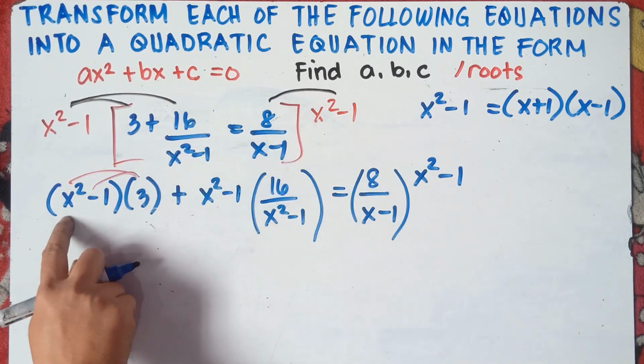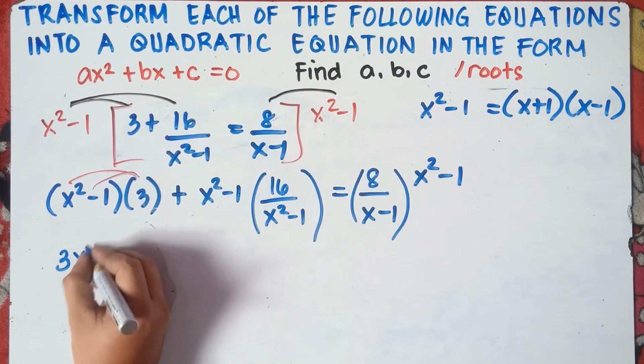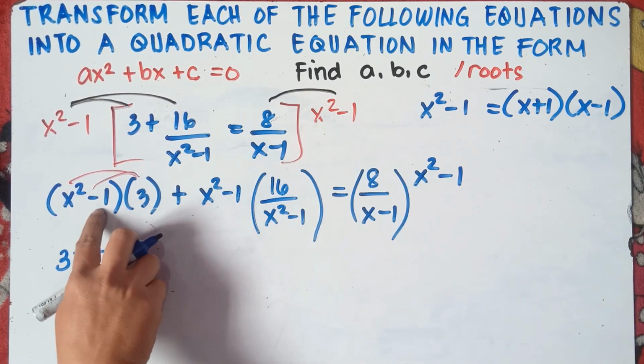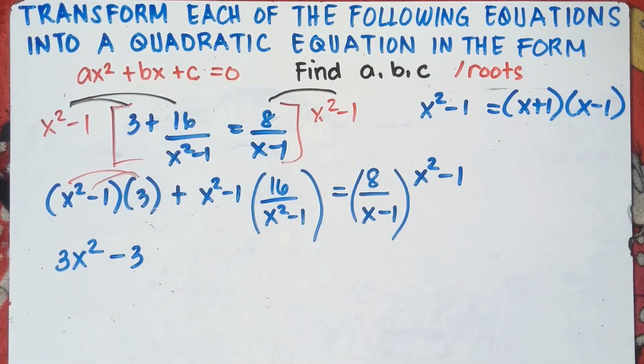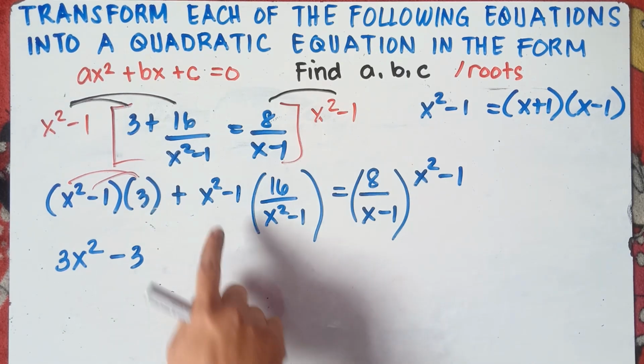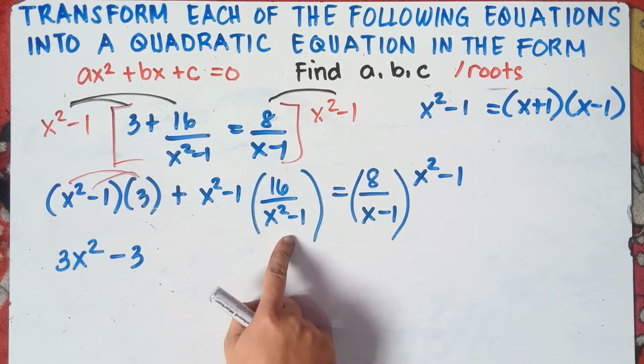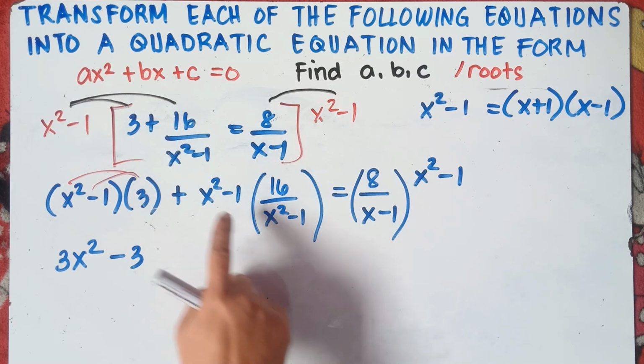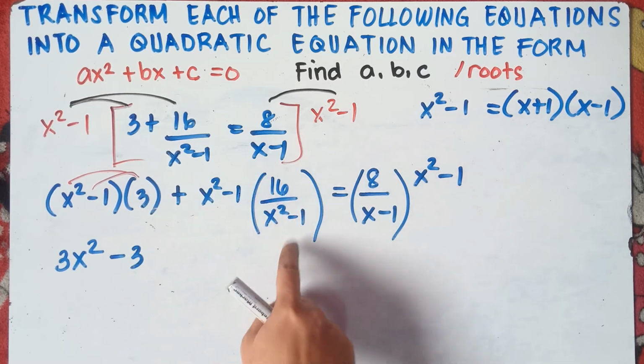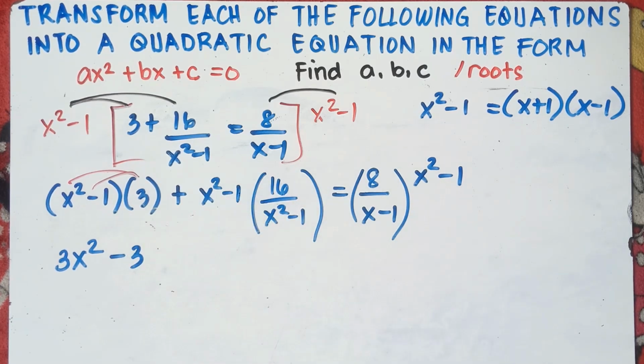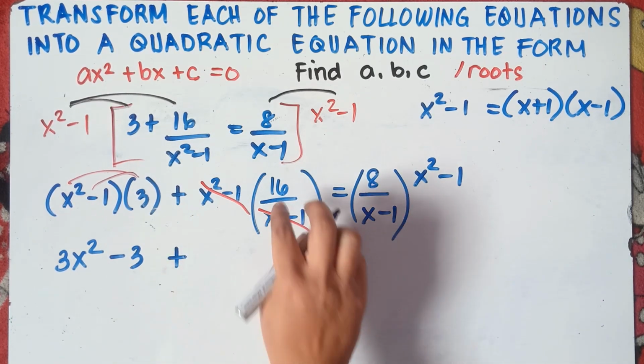3 times x squared, that would be 3x squared. 3 times negative 1, that's negative 3. Alright, and then this one, class, can we cancel this one? Yep, we can cancel this out. Remember, class, x squared minus 1 divided by x squared minus 1 is 1. So you can cancel this out. And the remaining will be plus 16